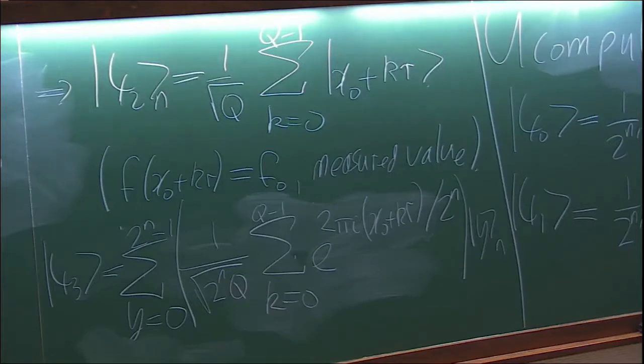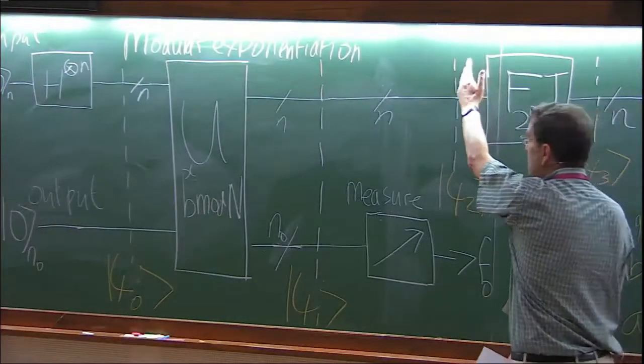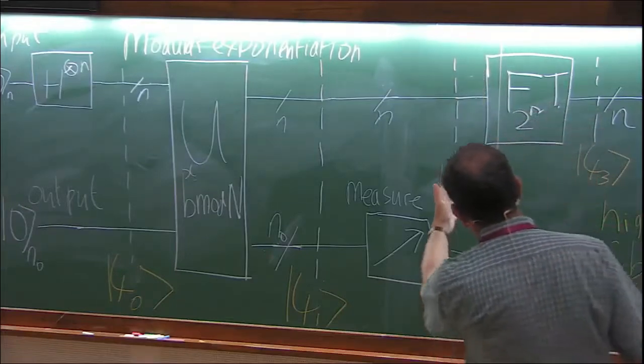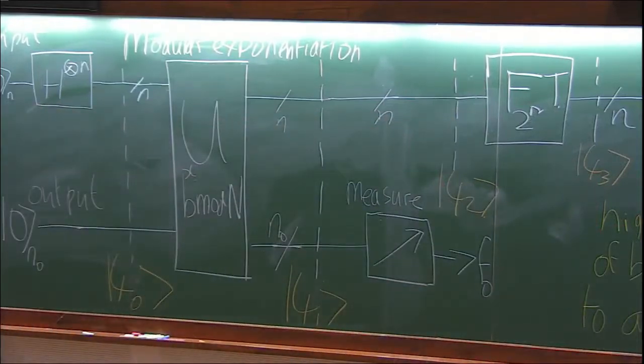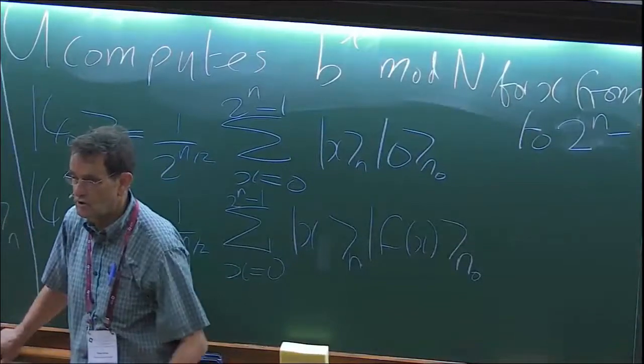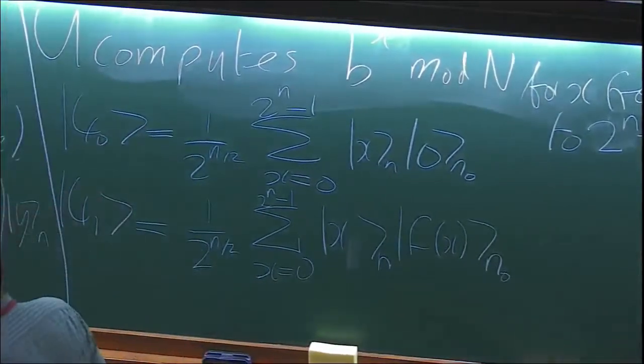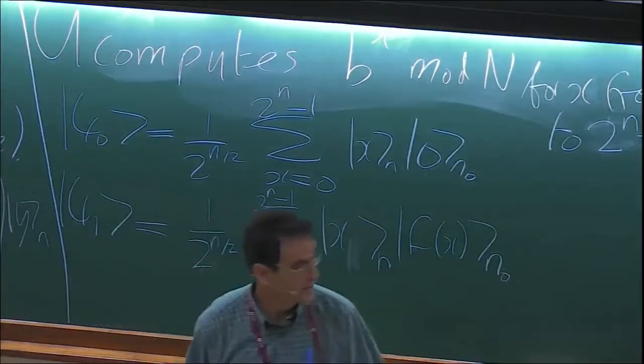So we've measured the output register, and now we're looking at the input register, which is still in a coherent linear superposition of states, because there's many periods, many values of x compatible with this function value f naught. So this is what we have. Now, of course, we haven't a clue what x naught is. So if we just measured this, we just get some value of x naught plus kr. But we don't have a clue what x naught is, so there's no way we could get any information about r. So what we're going to do, and this is the key to Shor's algorithm, is to